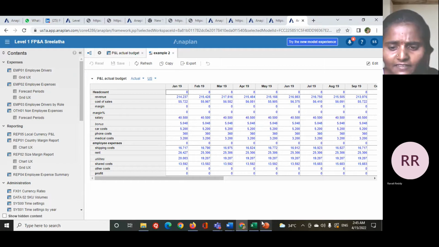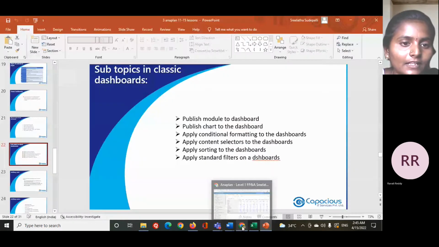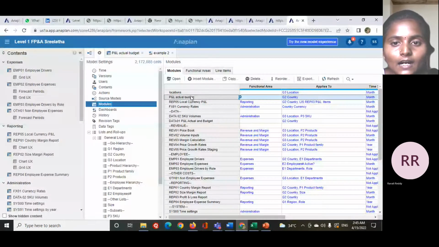I will take another one, like a chart to the dashboard. How the chart will be in the dashboard: I will go to modules, like this. First I will go to chart to the dashboard, then open. This is the chart symbol. We can take any chart